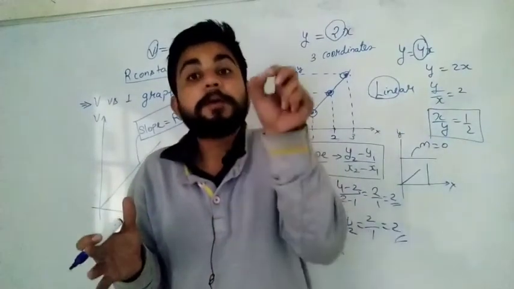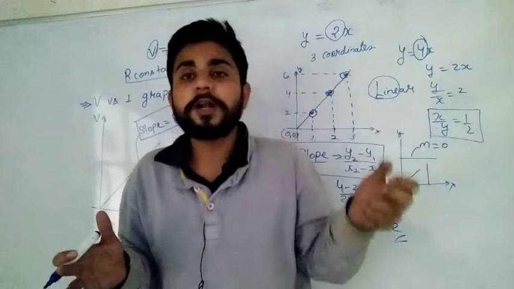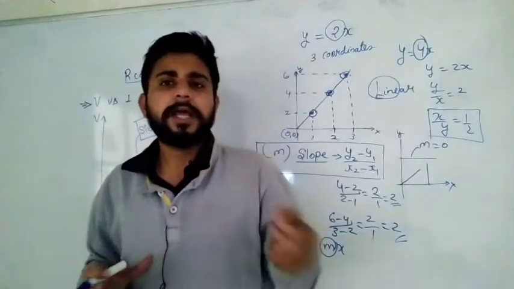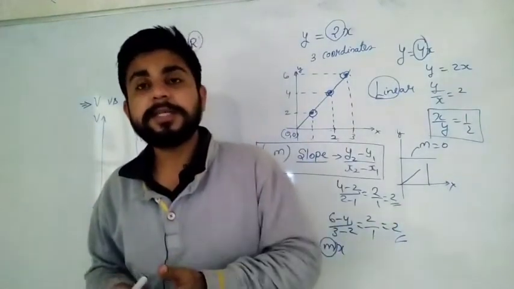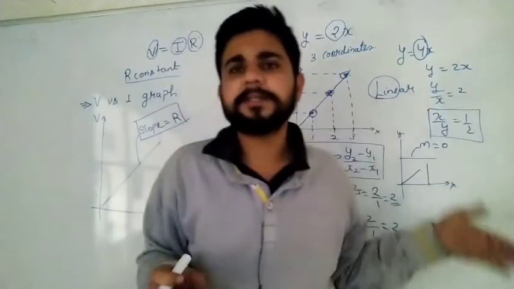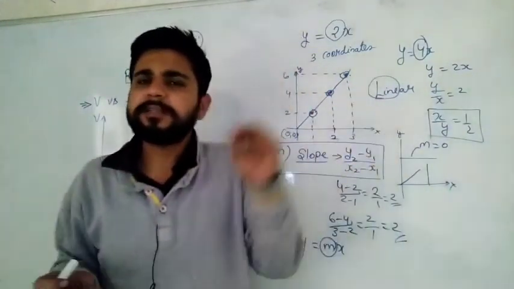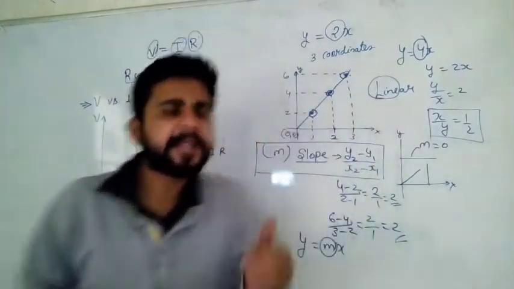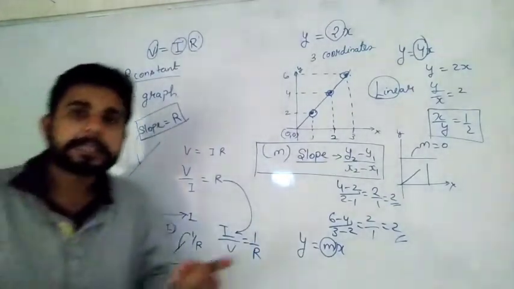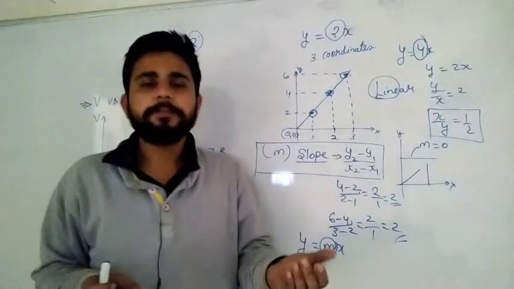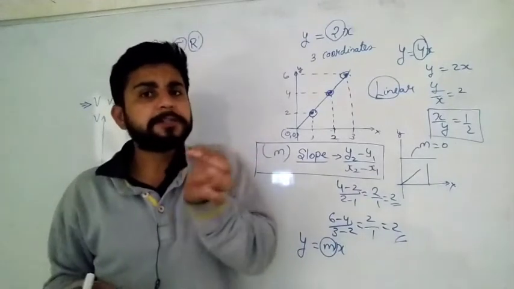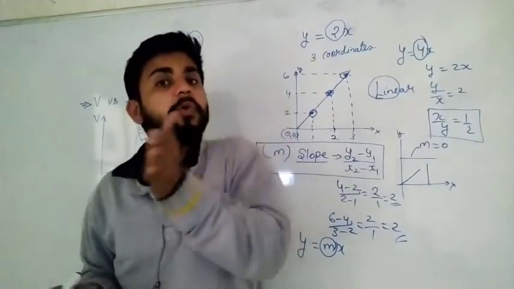Right? Yes sir. Because resistance basically depends on what? Physical conditions only: length, area, temperature, all these things. This resistance depends on them. And if these things are constant, then resistance is constant. Then only this graph is possible. But sir, let's take a case where the physical conditions are not constant.